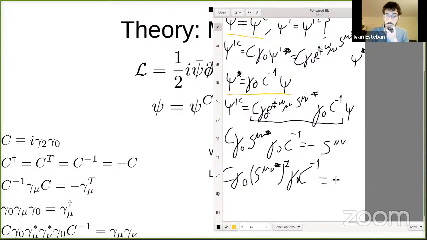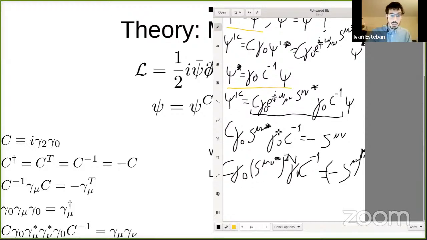And this will give me minus S mu nu squared. And in general, if here I put a factor of n instead of a square, I will get a factor of n here as well. And so when I take this exponential here and do a Taylor expansion, what I will get is